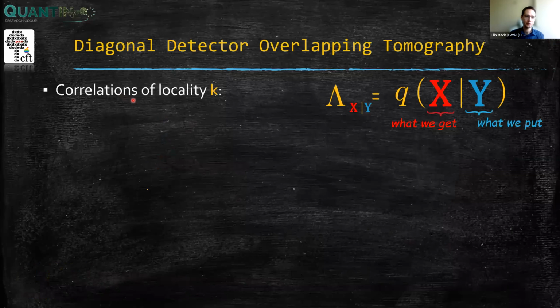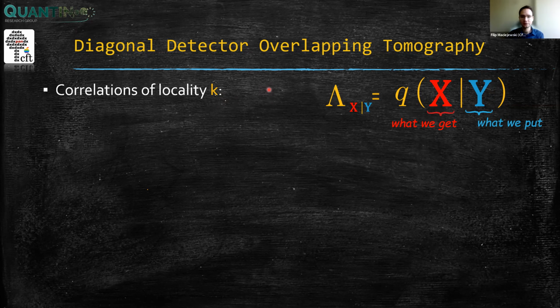Imagine that you would like to study noise on k-qubit subsets. For example, you can think about pairs. I already told you that to characterize this lambda, you need to insert all of the computational basis states. So if you have some k-local subset and you want to reconstruct a marginal lambda on that subset, you need to put in all of the computational basis states on that subset. This is what I mean by a full tomography. This just means that you fully reconstruct this noise matrix. And in this case, on the k-qubit subset, you can think, for example, about pairs.